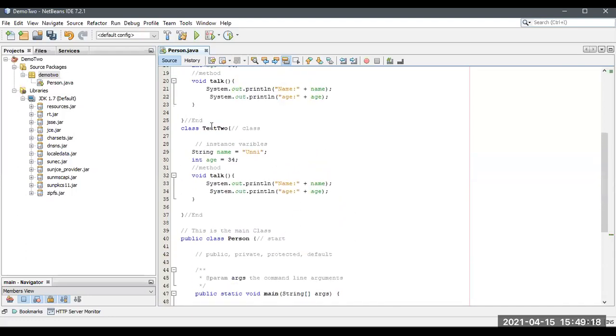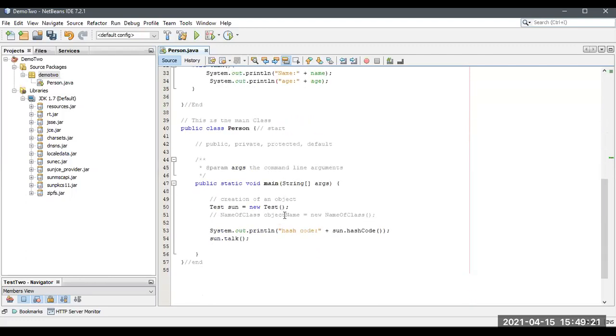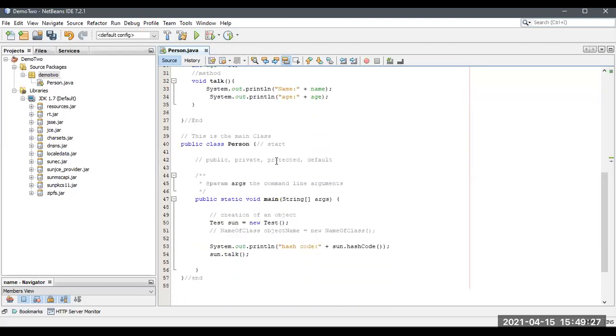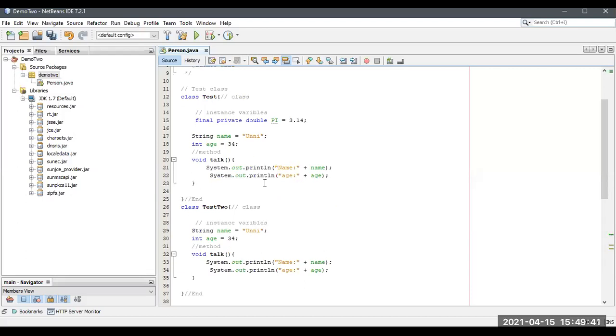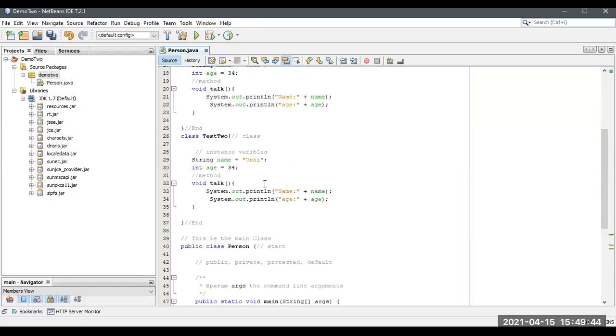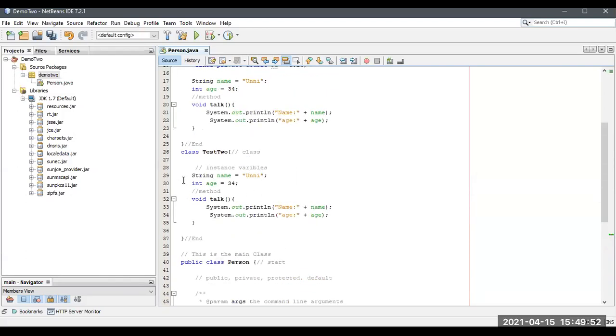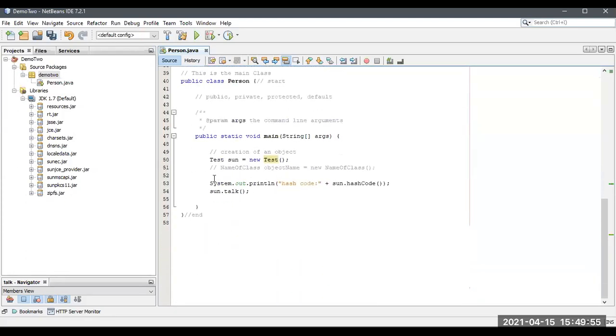You may ask, sir, how would we create a method like this, with braces over here? Because this is a class. To access or to create a method, to create an object, we have to take this way. Each and everything we created in Test will be stored inside a package, and we will access that with this name. So consider it as a package. Inside this package, each and everything will be stored. By using this object name, we'll access each and everything.